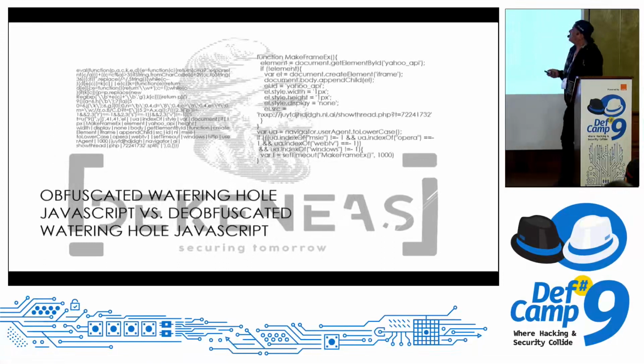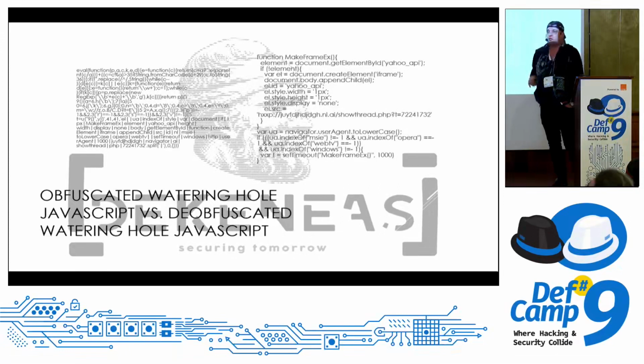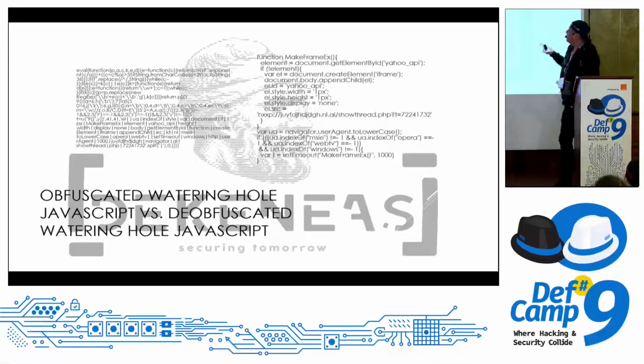As you can see here, I give you two examples. On the left side of the screen, you have the obfuscated JavaScript that performs the redirect. On the right side of the screen, you have the deobfuscated JavaScript. This is the same code, but on the left side is the actual code that exists in the web page, and on the right side is the actual code that gets executed. As you can see here,